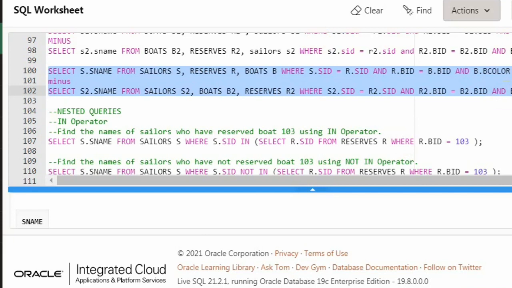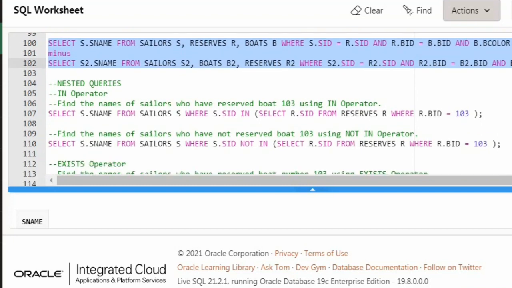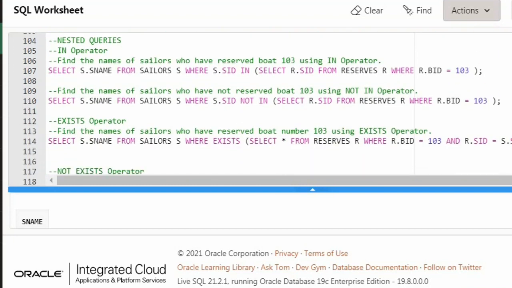Now let us move on to nested queries. Nested queries are a concept wherein you have two individual queries: one is the outer query and the other is the inner query. They don't work together. The inner query will work individually and give some result, and the outer query will process that result. Nested queries are different from correlated queries. Correlated queries work together, inner query and outer query, then inner and outer again. Nested queries are one inside the other, but they work individually.